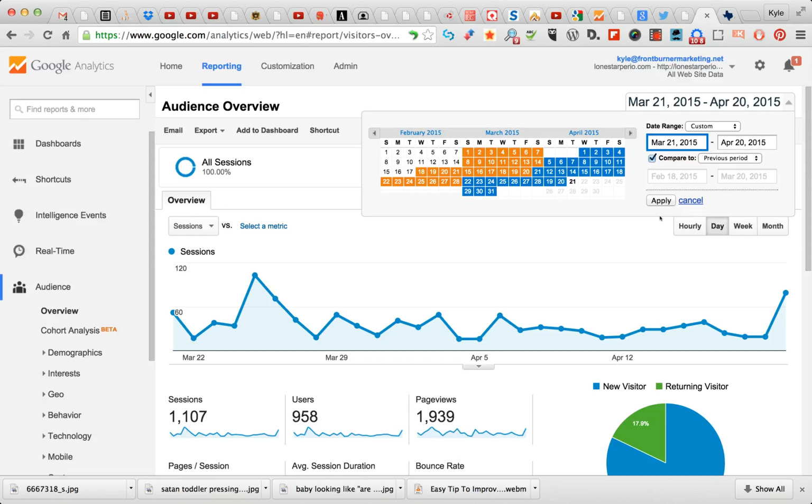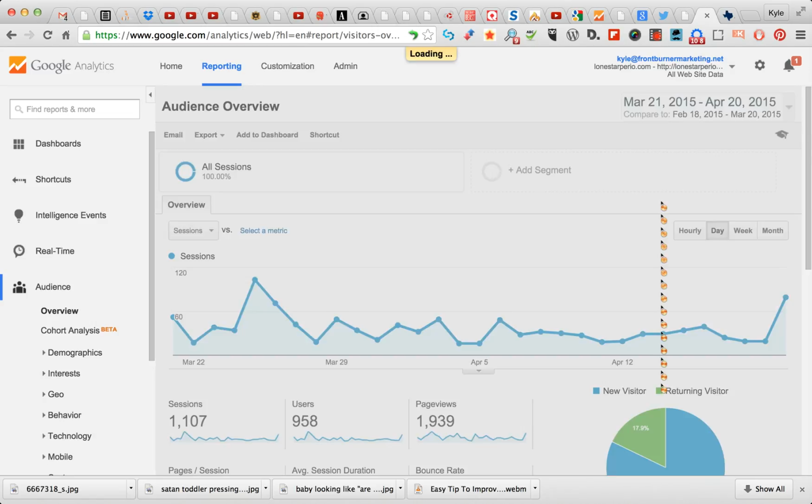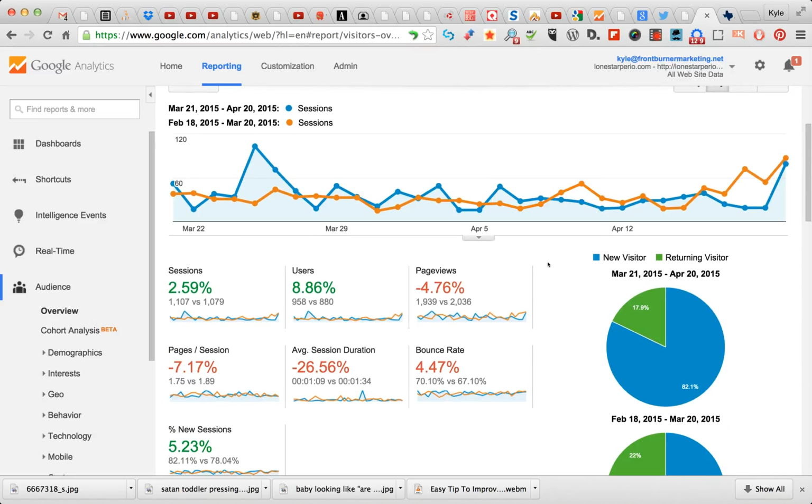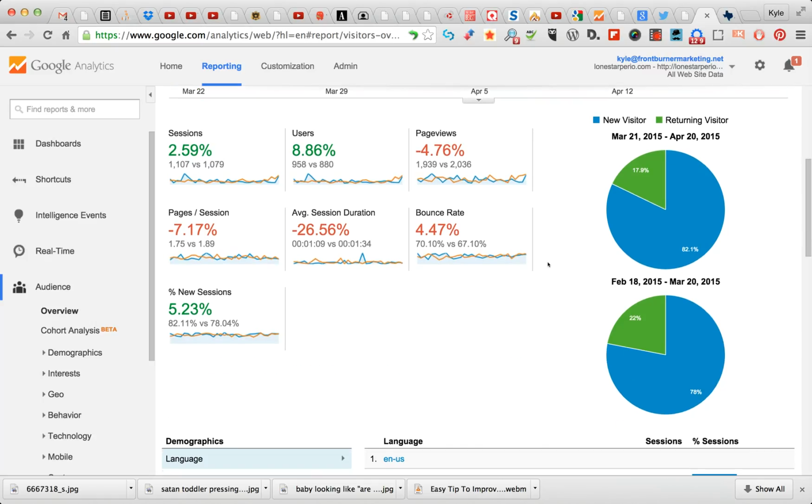You make one click, you hit apply, and now you're going to see a second layer of data come up. And so now you can go month to month and go, okay, last month we did these things. This month we're doing these other things, and we can see whether we went up or down. Now, where I want to caution you is don't get too wrapped up in this. There's so much that goes into